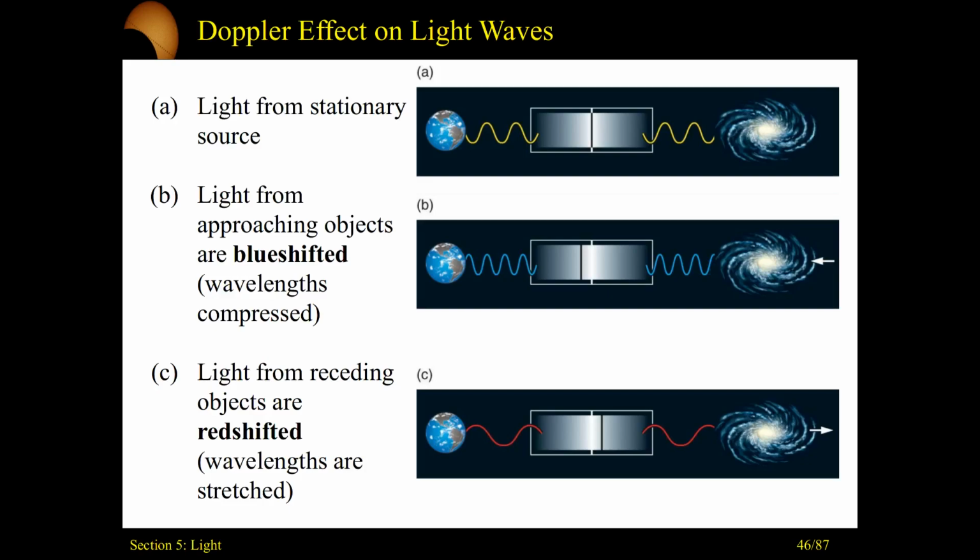Now, if that galaxy is approaching us, well, that's going to take the waves, and it's going to compress them. This is going to be called a blue shift. Right? Think about it as the energy of the waves are getting shifted slightly higher because they are getting compressed as it goes towards us. The wavelengths will shrink. So a blue shift takes where we expect to measure a frequency and shifts it in a blue direction.